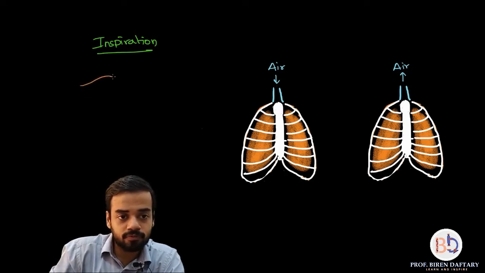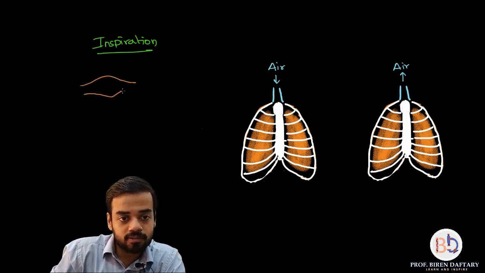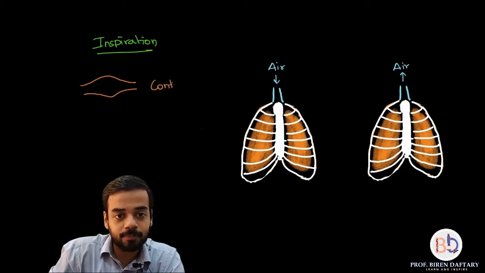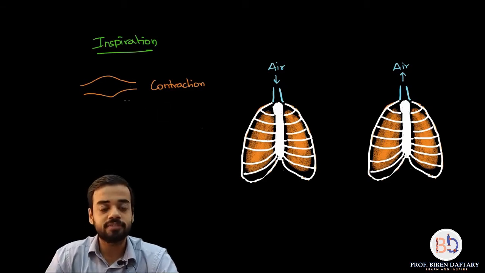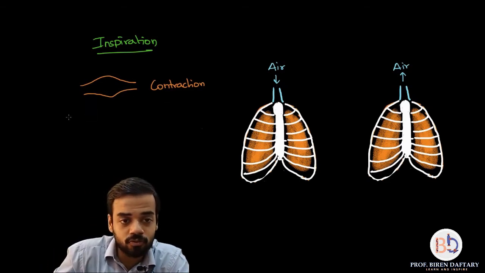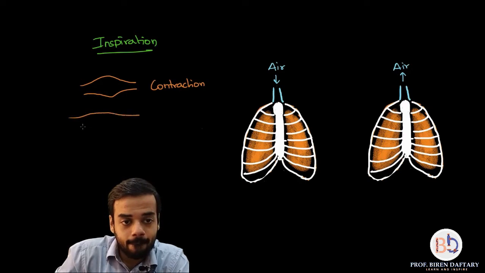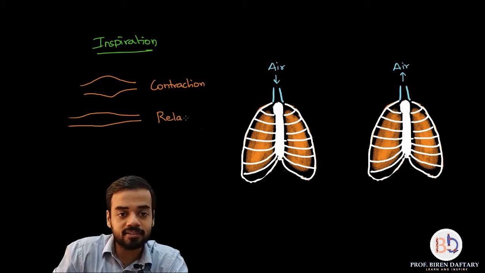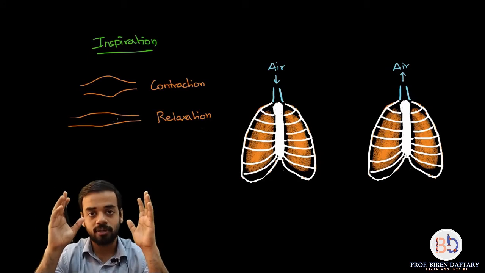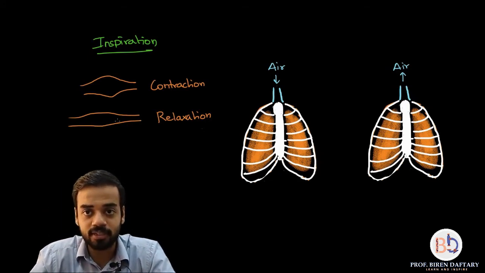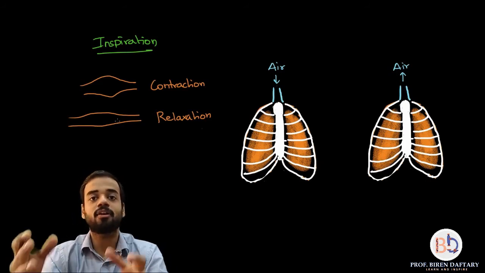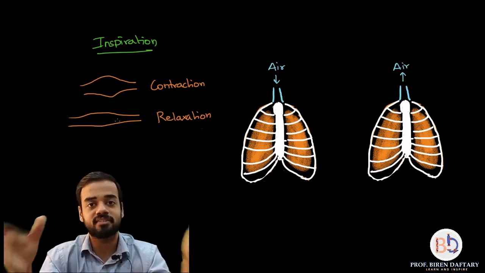So suppose this is the muscle which has contracted, then its length you can see over here and the thickness you can see over here. If this same muscle undergoes relaxation, then what is going to happen is, you can see that the thickness has reduced, but the length has increased. I'm hopeful that everybody remembers this, because it is very, very important when we are going to study breathing. What is contraction, what is relaxation? During contraction the length of the muscle decreases, during relaxation it increases.